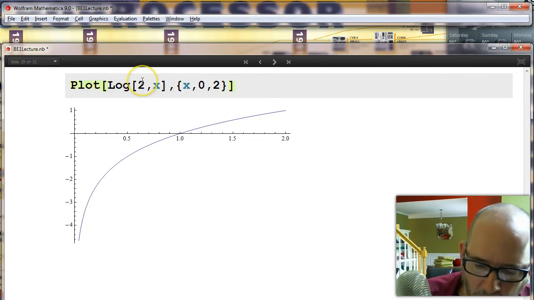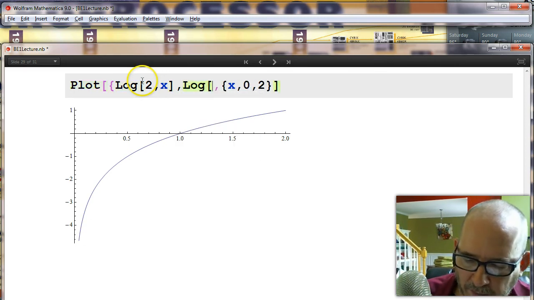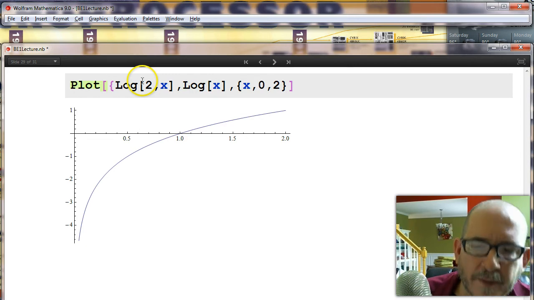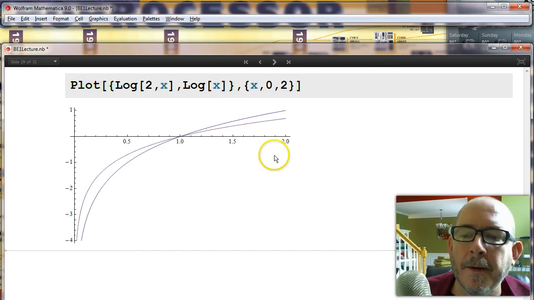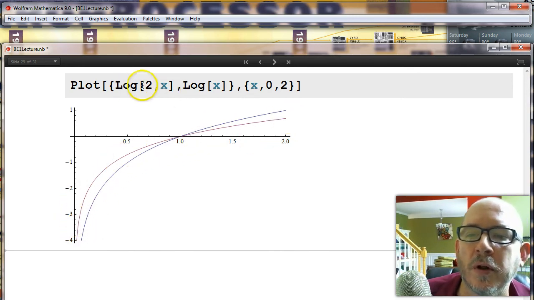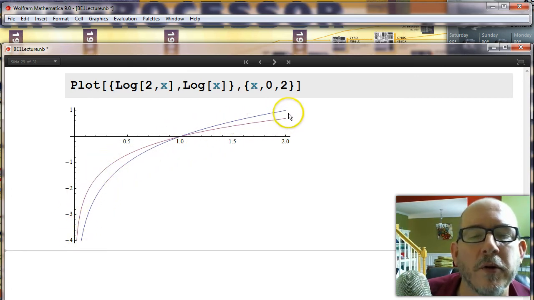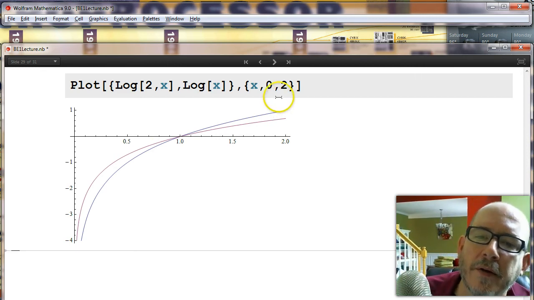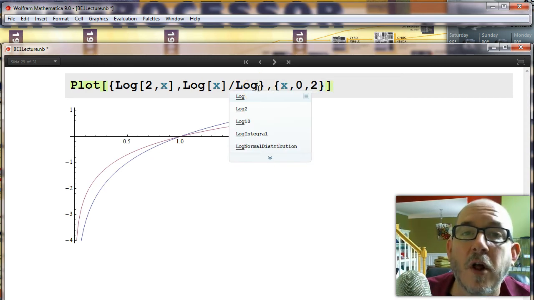Now let's plot that along with just the natural log of x. When you don't put any base in Mathematica on the log function, it assumes it's base e. I could actually write in base e comma there and it'd be the same thing. So let's plot that. Now Mathematica, the first function is always blue, and the second function is always maroon unless you tell it otherwise. Well, it looks like a logarithm, but it's a little higher here and a little lower there, but it turns out that it's different only by a factor. Because look what happens. If I take the natural log of 2 and divide this function log of x by it,